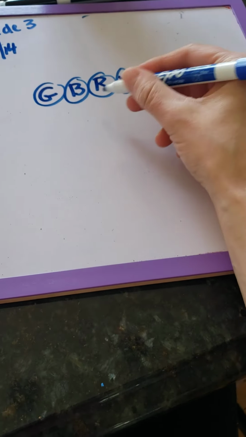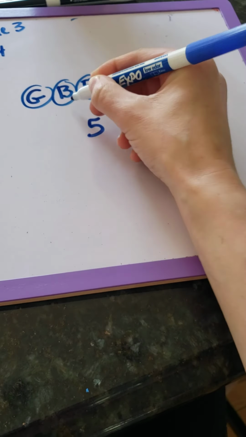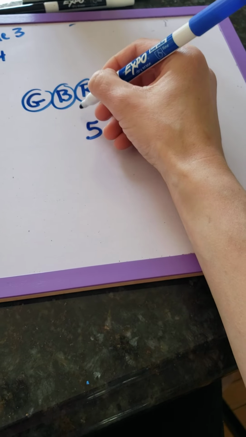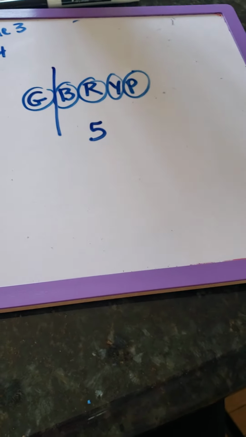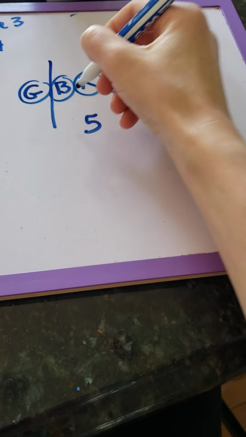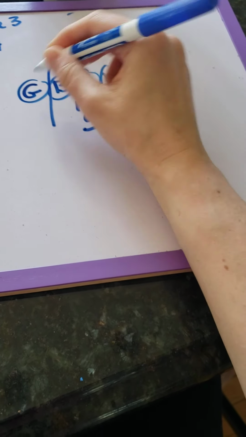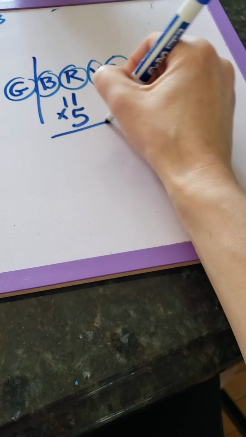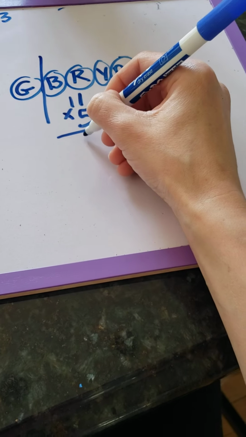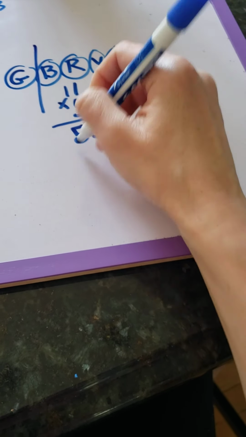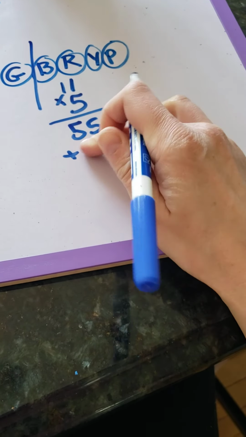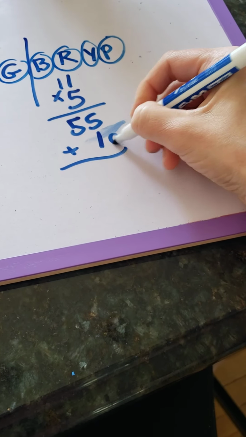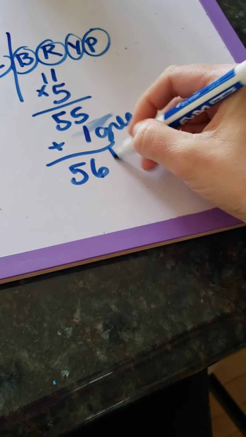So let's look at it. If there are 5 beads in the sequence and she uses 12 green beads, but then that's the last bead, it means that she must have done 11 of this pattern. Okay, 11 times 5 beads would be 55 beads. And then the one extra green, I meant to write the word green, means she used 56